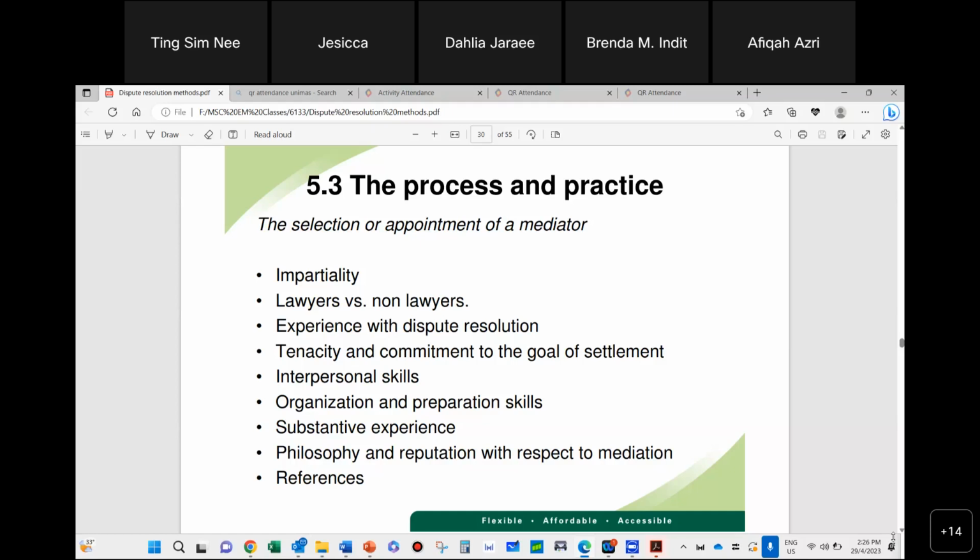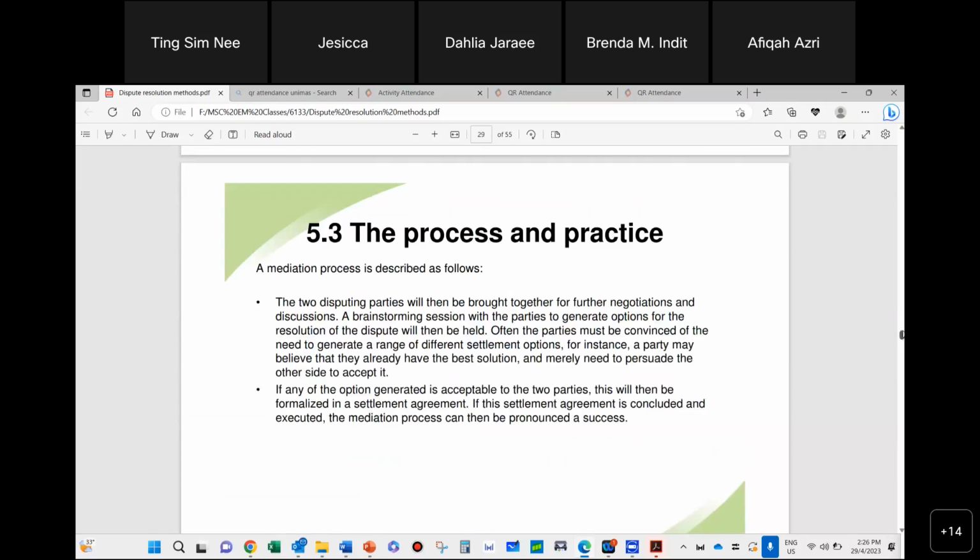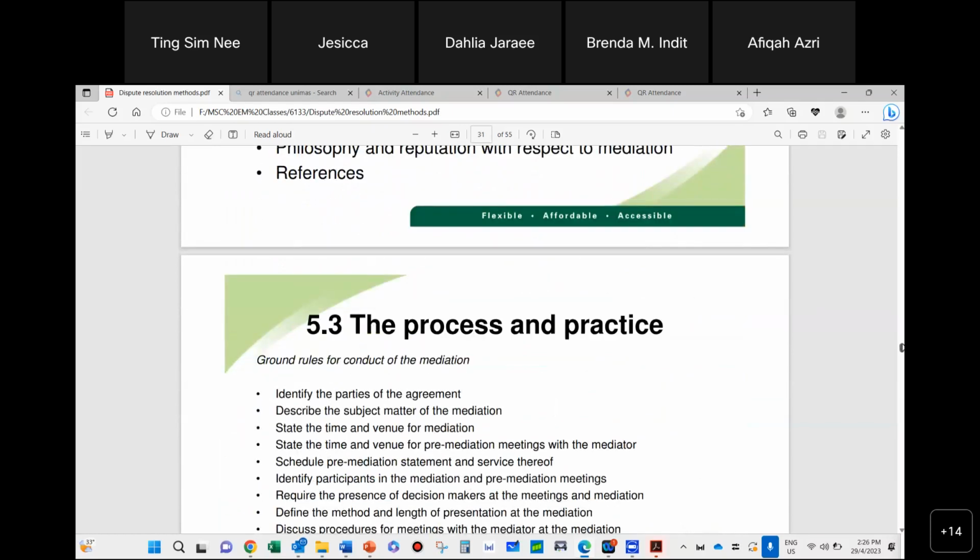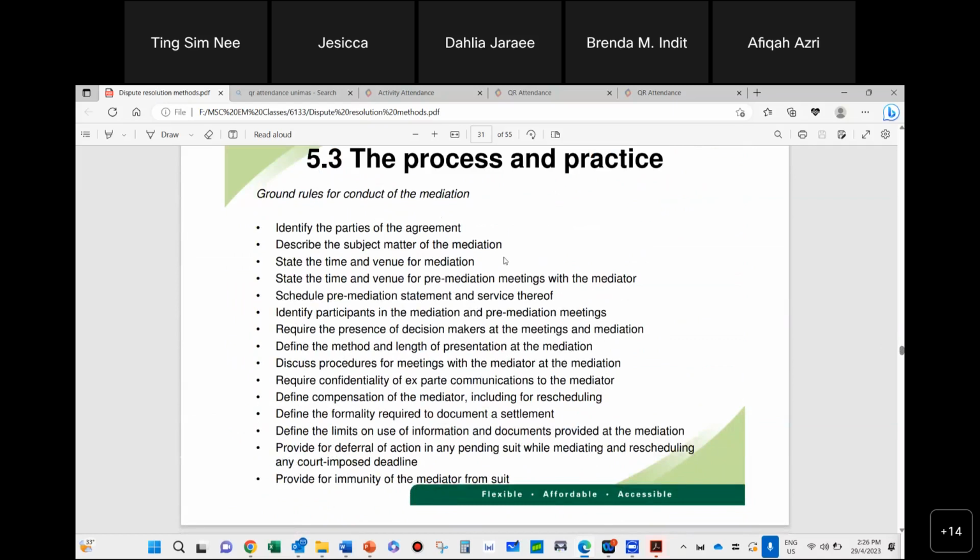So first you select a mediator, and then you go through that process. Obviously you need to pay this mediator, depending on how much time they spend with you. The general rule is this mediator must be agreed upon by the two parties. Then you conduct it at a time or venue that is stated in the meeting format. You identify the parties, and then